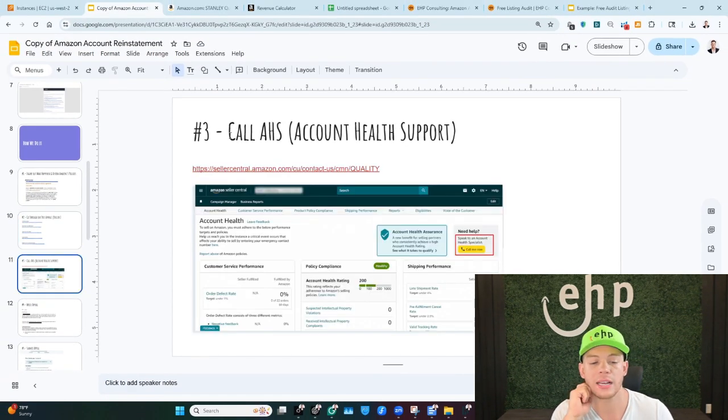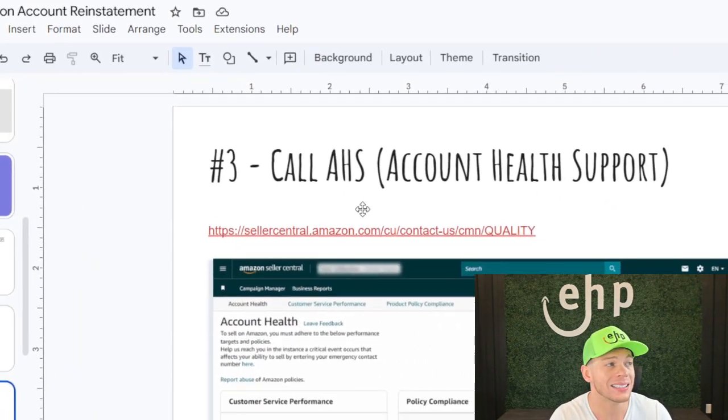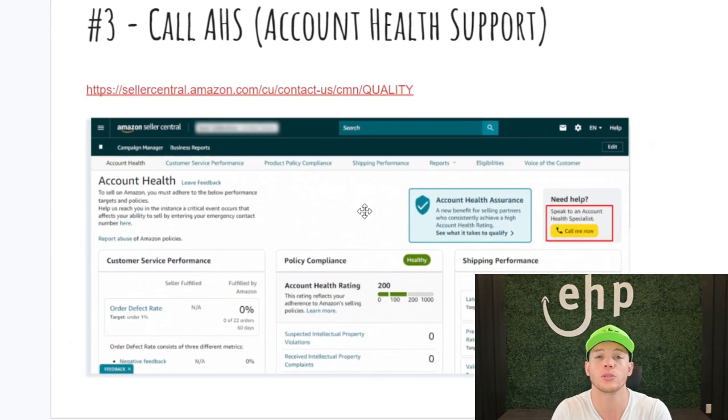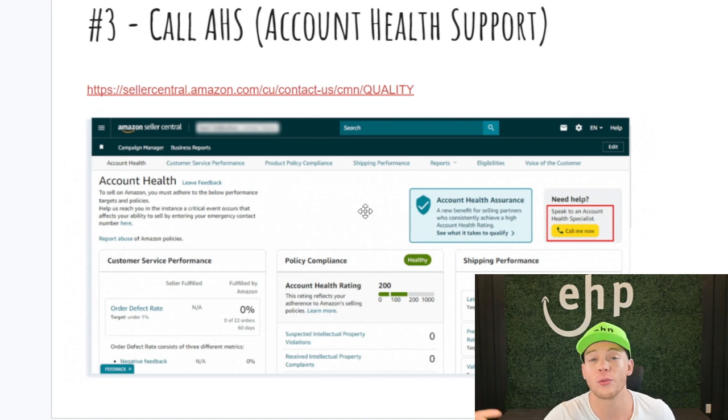But what you're going to do next is actually call account health support. So even when you're suspended, as long as you're a professional seller on Amazon, you can call Amazon account health support and ask them, hey, what ASINs were affected? What caused this? Ask them questions before you actually submit the appeal. That is one of the most important things, because if you submit an appeal of something that they don't want or that confuses Amazon, they might start asking for more information, and then now your job is 10 times harder